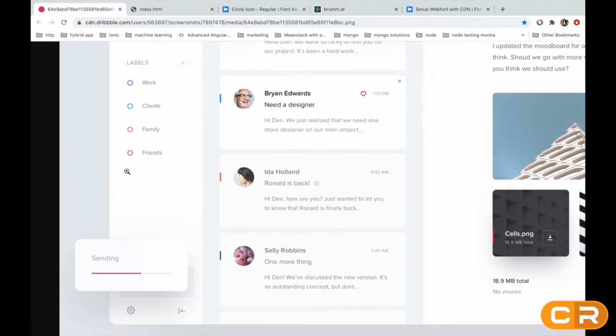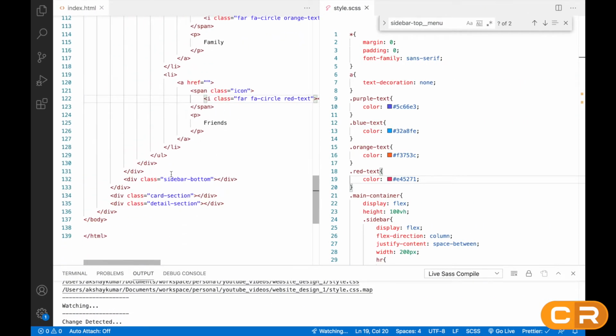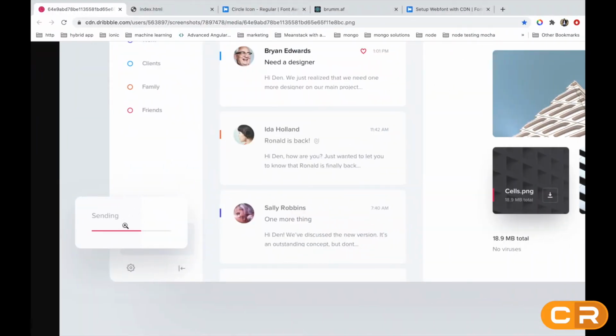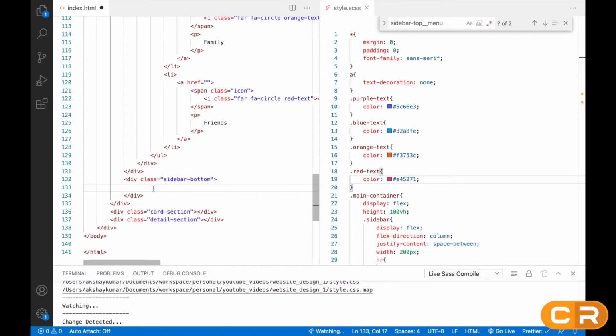So let's start creating this bottom section. Here we have to create one progress bar and these two action buttons. In the bottom section we'll create two divs. The first will be sidebar bottom underscore progress.